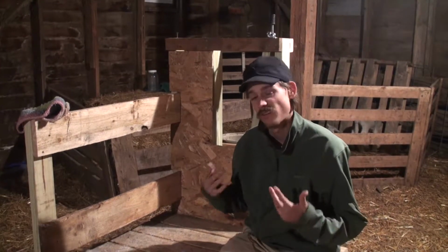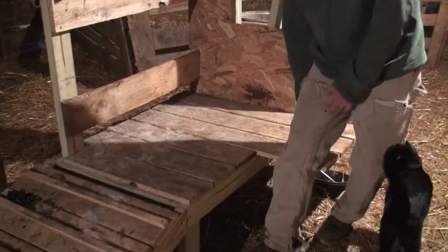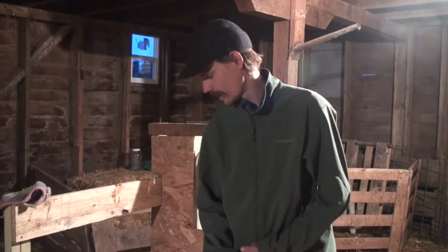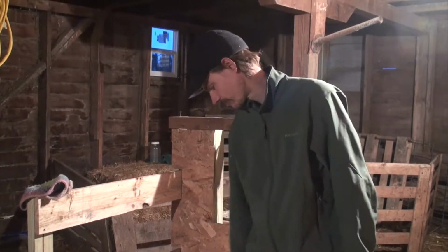And stressed out animals, they're not going to let their milk down as easy. The milking situation is going to be stressful for you and the animal. So we want to do everything possible to make that a good experience from the very first time on. Also, we have just some slots in between each board in case that animal pees or whatever, that is going to drop through. So obviously, we haven't really milked for drinking milk on this stand yet. We've just used it to do some hoof trimming, and also used it to shave the udders and things of that nature. But you'd want to really clean this off, sweep it down really good